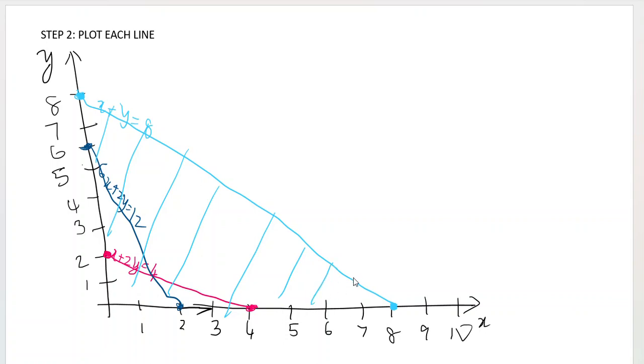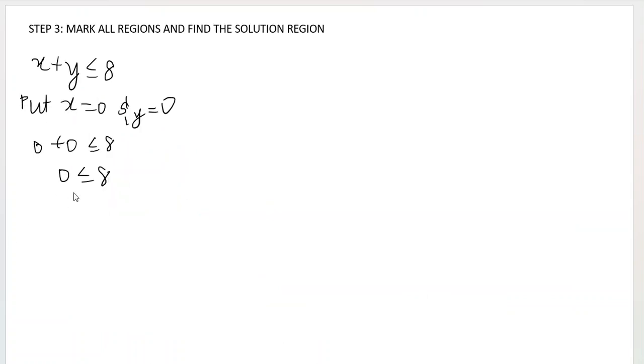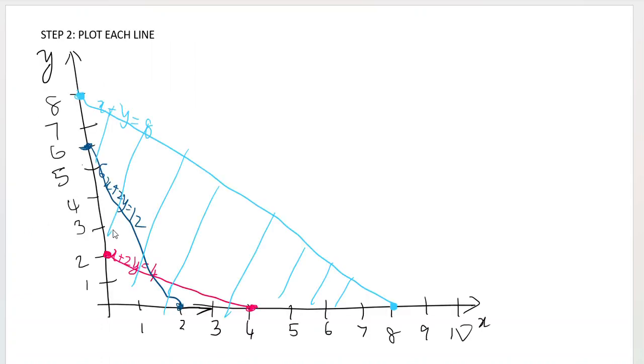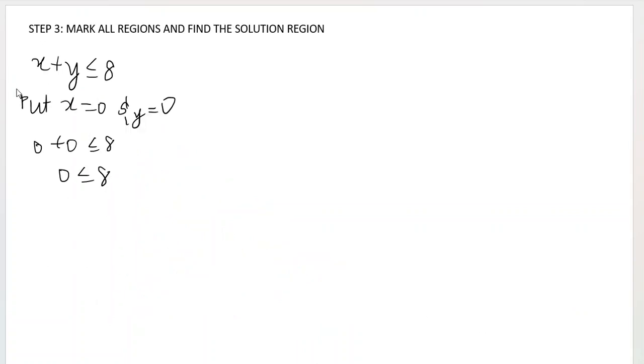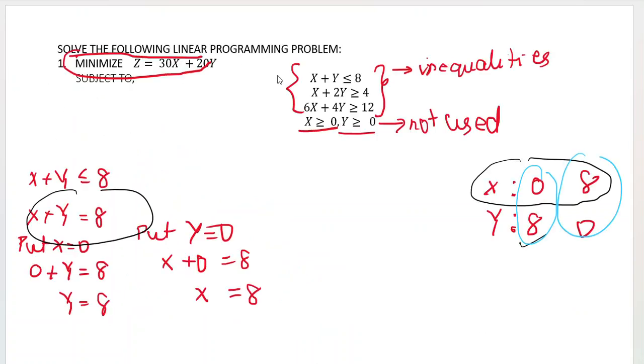Because we took the equation of this line x plus y and we did the calculation. So if the answer is making sense, you have to shade the interior region. And if the answer does not make sense, we have to shade the exterior region. Similar thing we have to do to the other inequality which is there, x plus 2y more than or equal